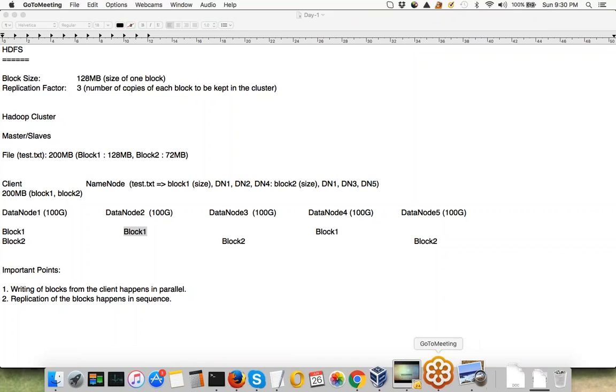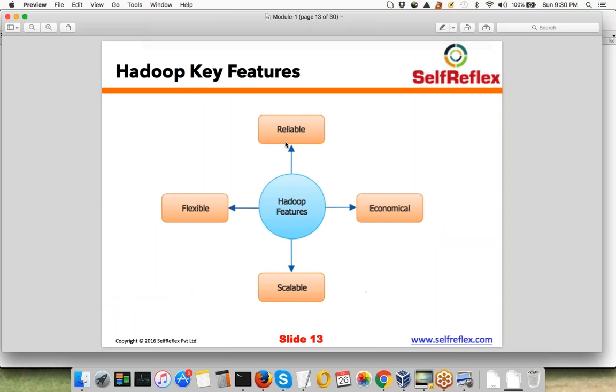So let me just see. We understand why Hadoop is reliable, and why it is economical. As I said, these are commodity machines, not server-end machines. You don't need high-end machines to actually run Hadoop. You can run Hadoop on commodity hardware, your desktop-grade machines, and still your data is safe. That is why Hadoop is economical, and obviously it is free also. You don't need any licensing costs. That is also the reason behind Hadoop being economical.